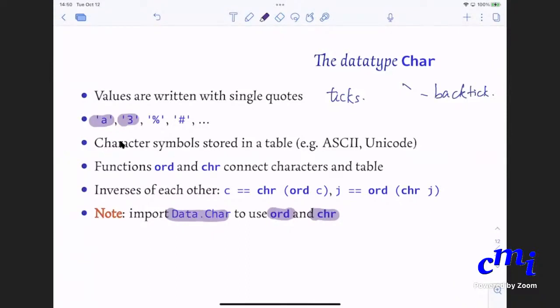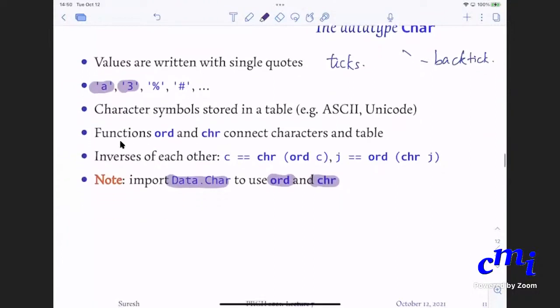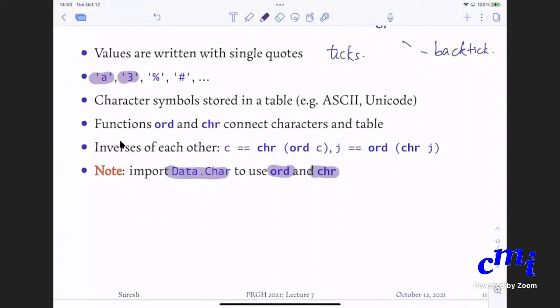So for instance, can somebody check ORD 65 and tell me? Not ORD 65, sorry, CHR 65. Anyone?